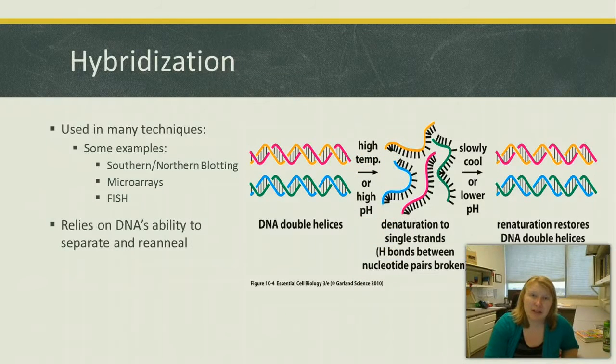So we've talked about hybridization before when we talked about the microarrays. Hybridization relies on the key concept that we can heat up DNA, break it into single strands, and then when we cool it back down, it'll come back together. What we do when we do this is we will heat up DNA, then we will expose it to complementary sequences,